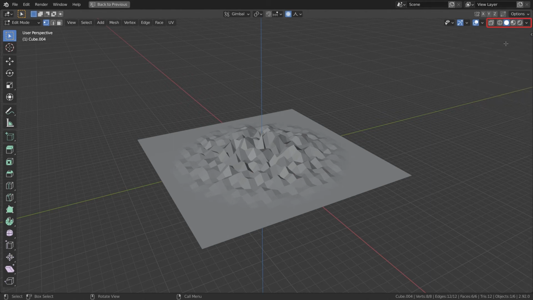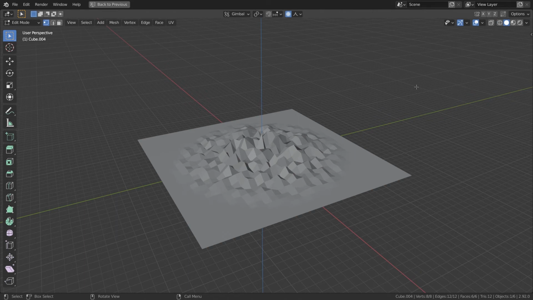The next 5 buttons in a drop-down menu are grouped together, and that's because they all do something similar. They change the shading of our objects. The drop-down menu at the end is context sensitive based on these 4 buttons next to it. The X-ray button is a little bit of an oddball. It lets us see through the object. Since it can work regardless of what shading mode we're in, it's separated from the shading buttons.